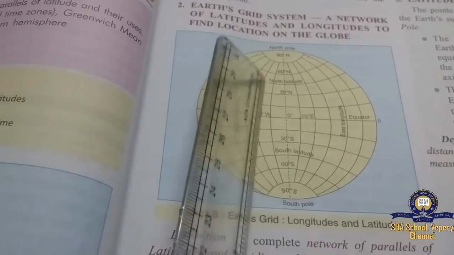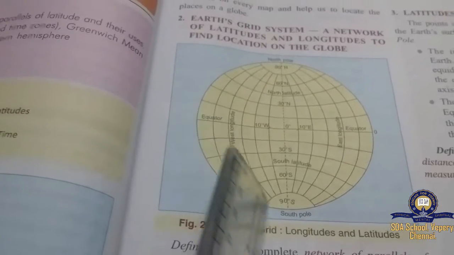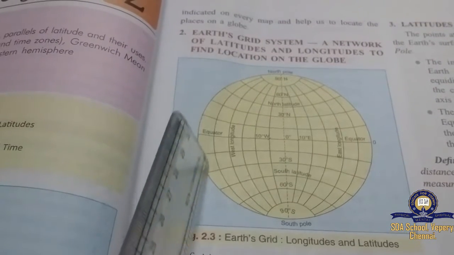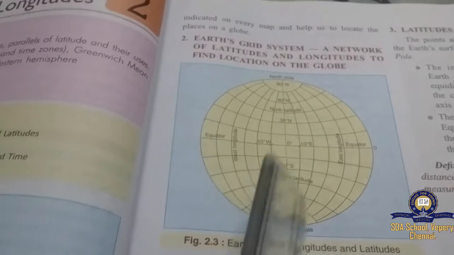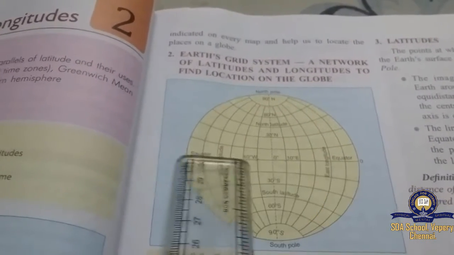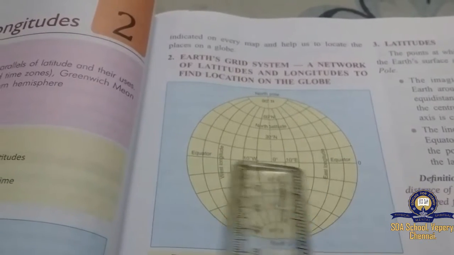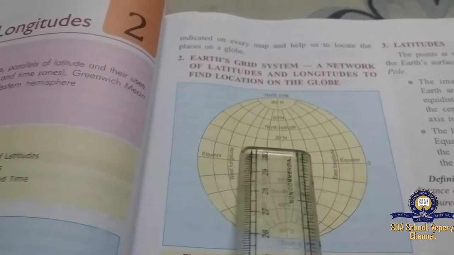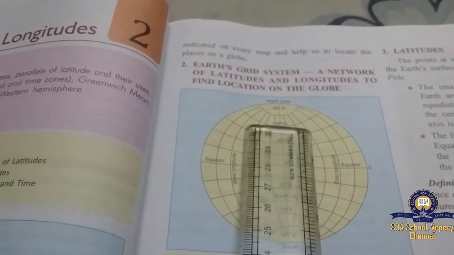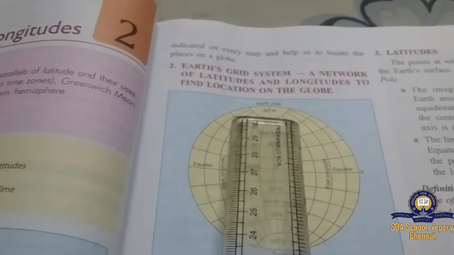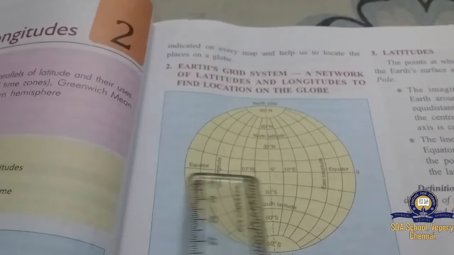From there, the next lines start. Can you see the next lines? Yes, they have degrees. 0 to 180 degrees it comes. From this side now, can you see the middle line? The equator. Yes, all these we call latitudes. This is one latitude, this is the next latitude, this is the next one, but the line measurement is reducing.